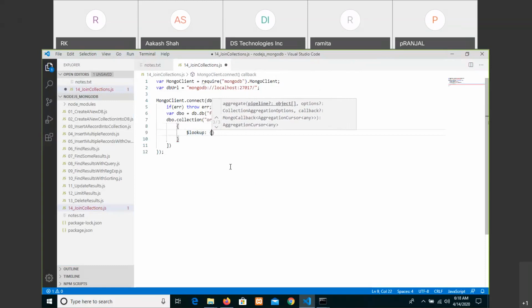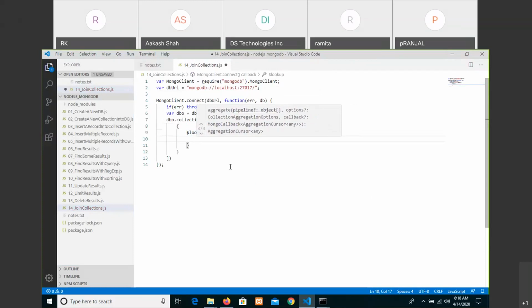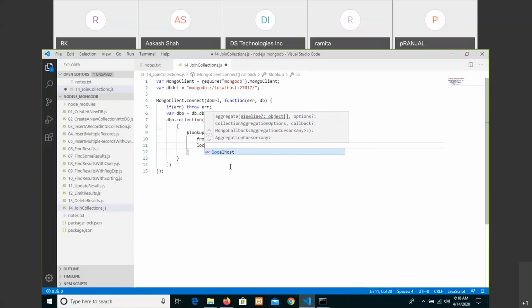How are we going to find the products and the order details that are matching, from products, of local field. What is that local field? We can say product ID, product underscore ID.